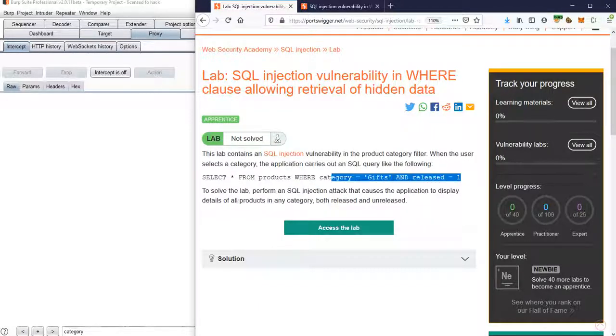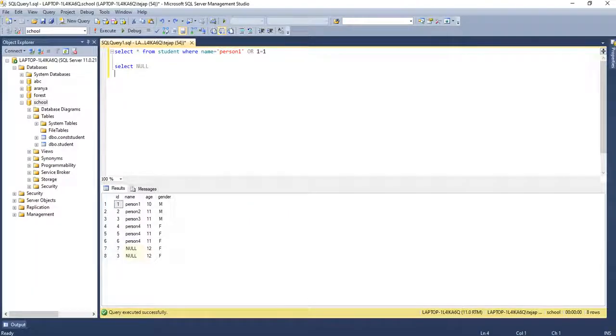So I have to manipulate this query such that this condition doesn't need to be verified. Just to give you an example, I have created this table. Let me execute only this much: select star from students. I have 8 students. Now if I filter where name is equal to person 1, what it did is on each record it tried to check whether name is person 1, name is person 1, not, and whichever record it got true, it brought back.